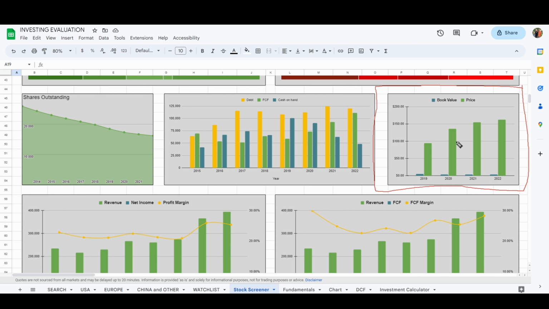For Apple, it's not that important because Apple is a really big company and doesn't have that many assets and liabilities compared to the market cap. But you can see that for Apple, the situation with book value is really bad, as the price continues to grow and the book value continues to go down, which is not what we want to see. We ideally want to see the price go down and the book value go up, because that tells you that the company valuation is going up and that the price is going down,